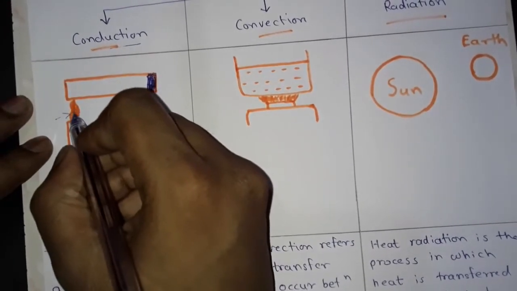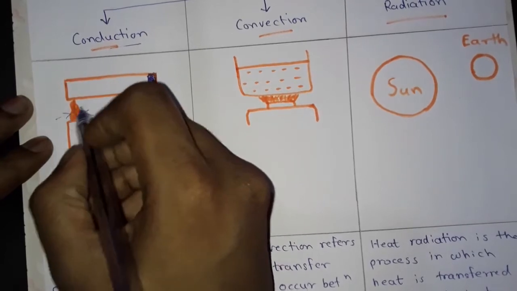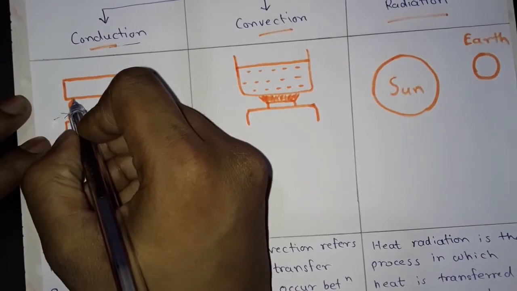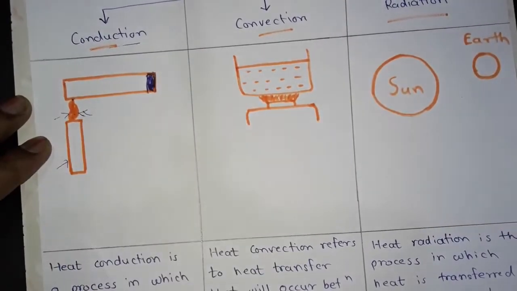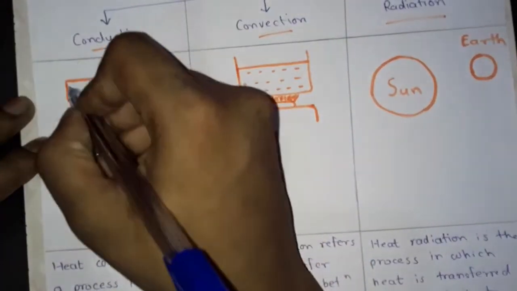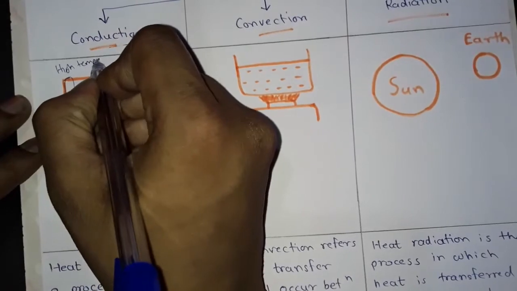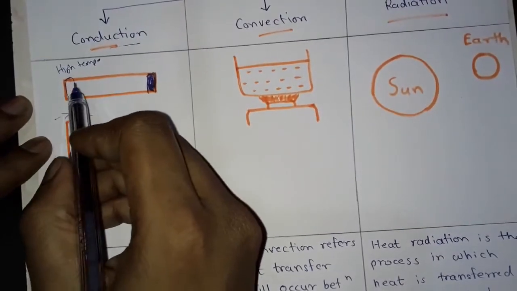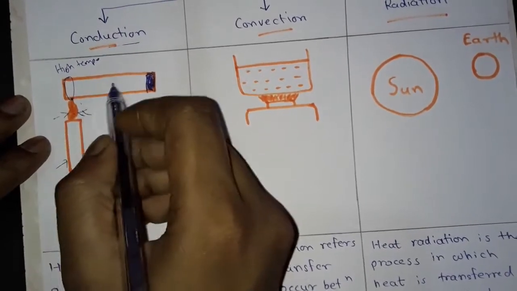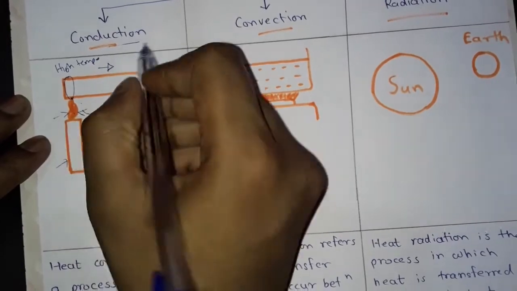When the candle is burning, the flame temperature transfers to this position, so this part becomes a high temperature region, and this high temperature region transfers heat in this direction,